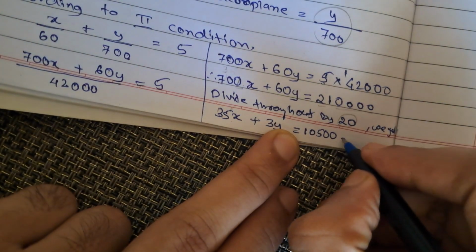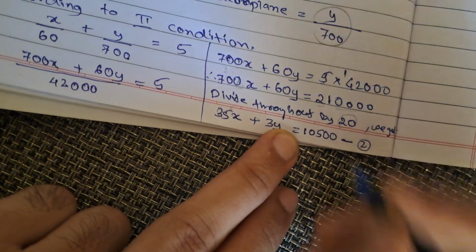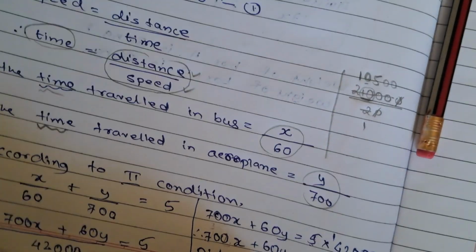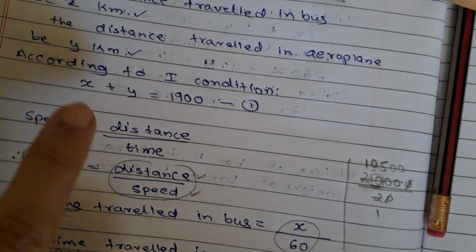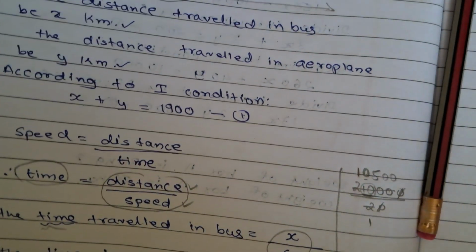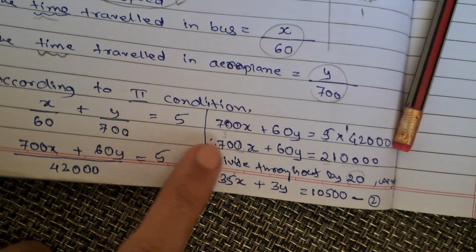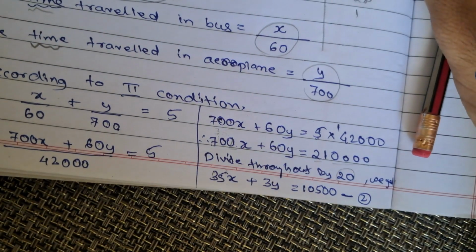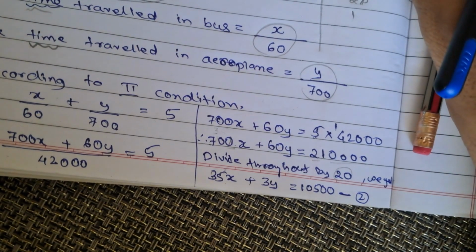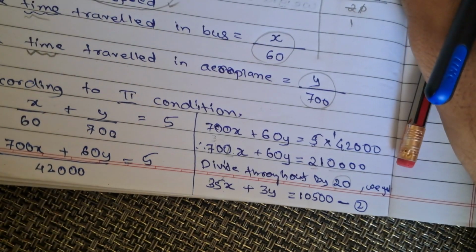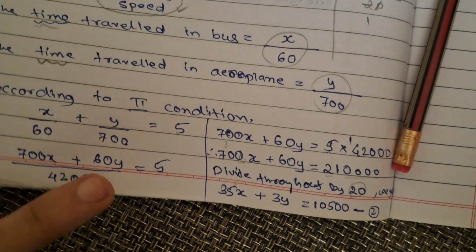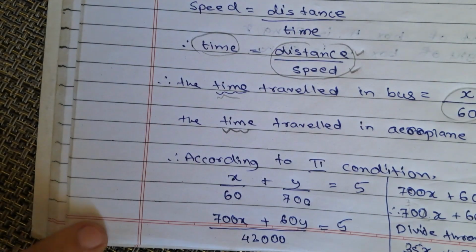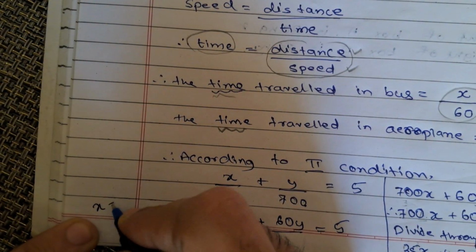And this is my next equation number 2. So I thought of just keeping it on the same page because it is more visible. So if you see here, it was my equation number 1, and here it is my equation number 2, this one. So now you can solve these two equations using any of the methods that we have, and you can find the value of x. For your convenience, I will just call out the value of x that you might get. It is 150. So I will just write it over here. The final value of x that you will receive is